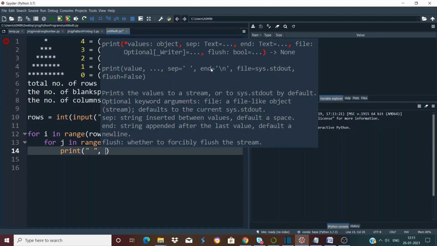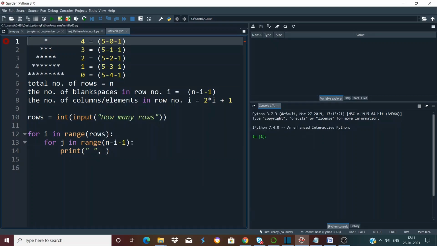What is the default value of the end parameter? The default value of the end parameter is a new line. So after printing every character, the print statement adds a new line at the end of it. But we don't want that. We don't want the blank spaces to be printed in separate rows. We want all these blank spaces to be printed in the same row.